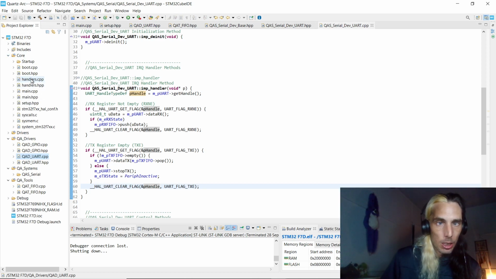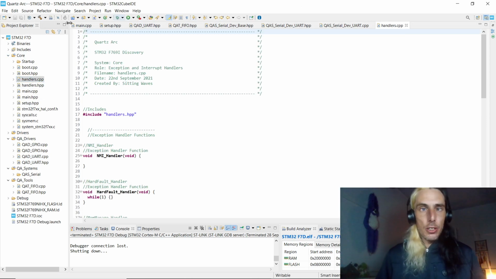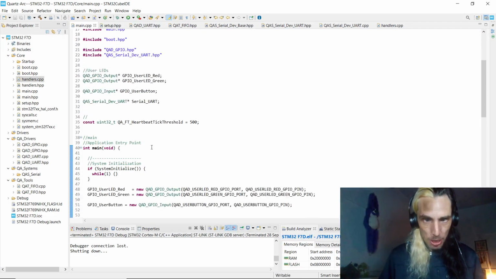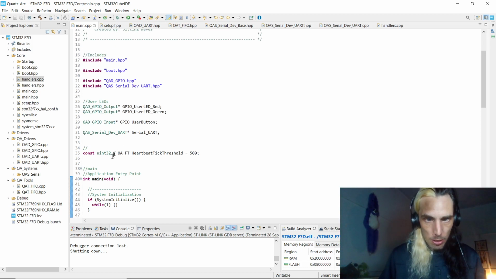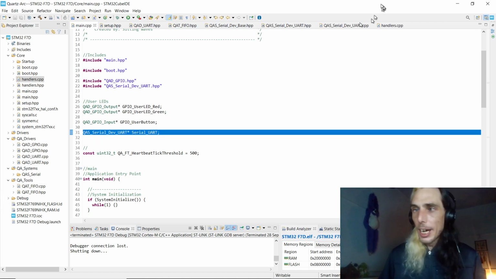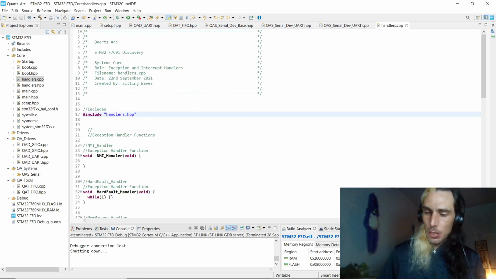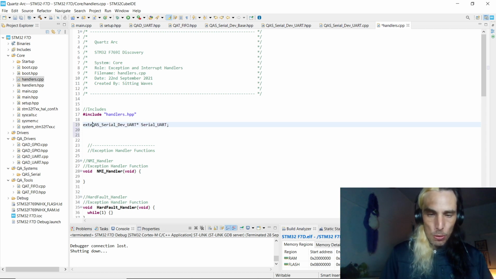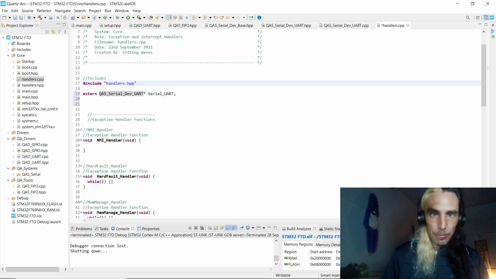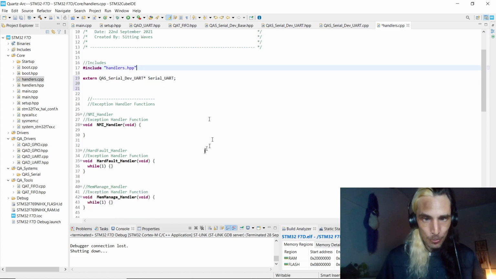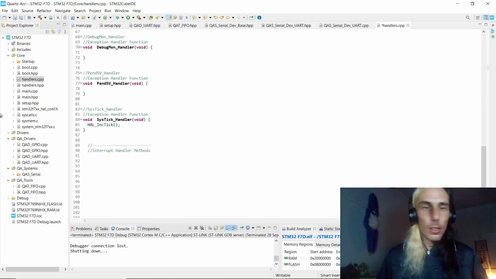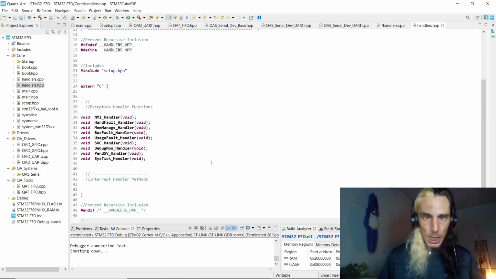Jump in here and go to our handlers.cpp. You also need to make sure that the interrupt is triggering the correct method in here as well. So I'm going to just copy that over to handlers. Just going to extern that. And then if we go down, haven't actually created it yet, have we? No. So we're going to need our handlers.hpp,